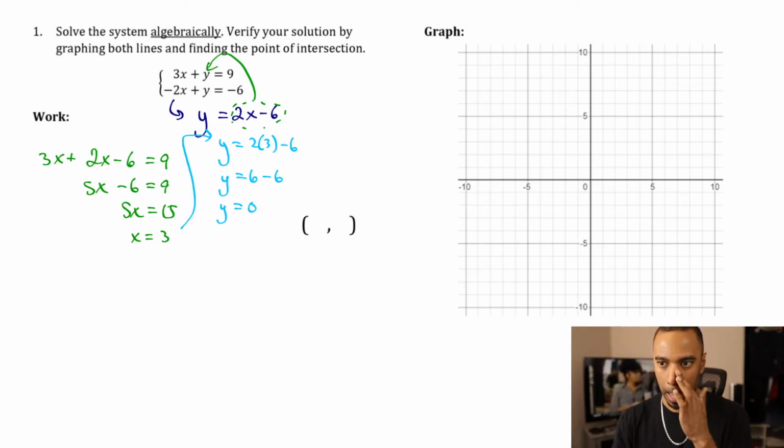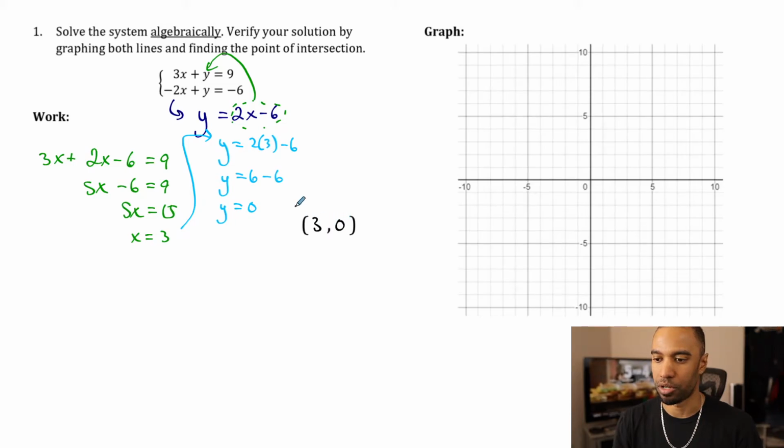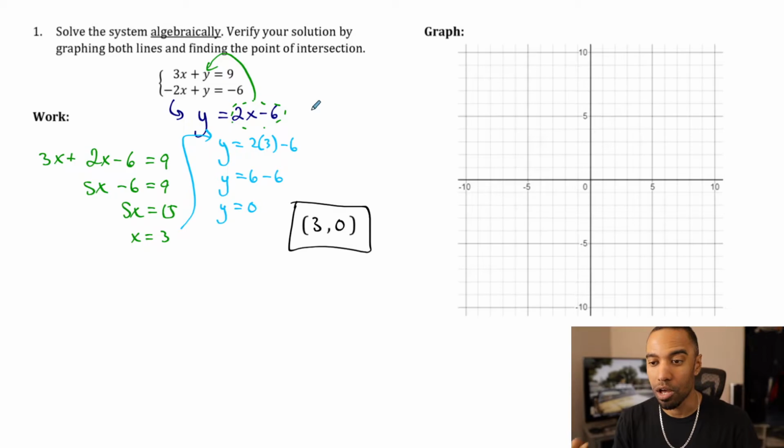So that's solving algebraically by using substitution. That answer is 3, 0 right there. I will solve using elimination, the elimination method now, and in doing so, I'm going to take the bottom equation,